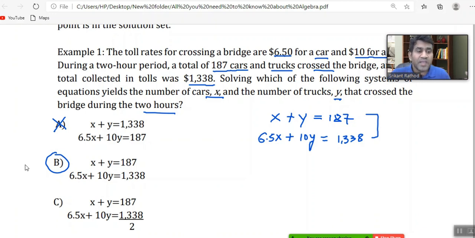Another step you may expect here is, if this question appears under the calculator section for SAT, they may expect you to solve how many trucks or how many cars pass through the toll, like that. So you just need to solve for x or y by using the simultaneous equation techniques. All right,